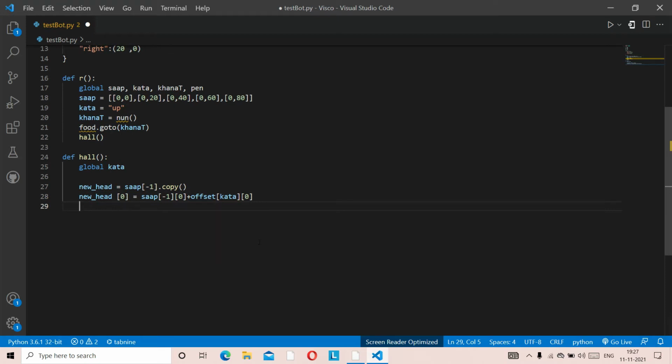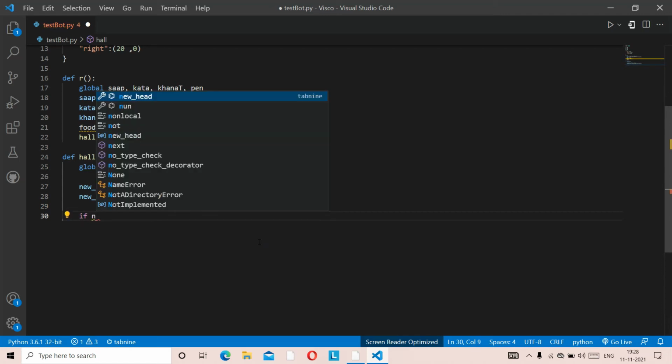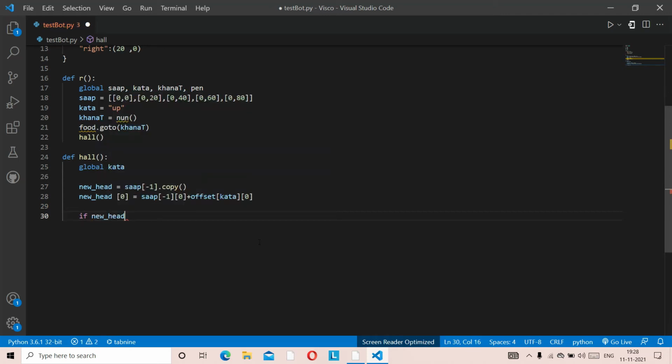Now once this is done, what you're going to do next is put the F command. So we are going to use the F command right now. I'll just give a little bit of space and put F new head. New head is already being recommended right here. New head N